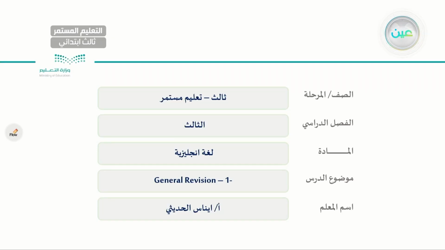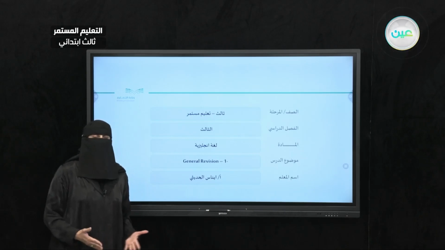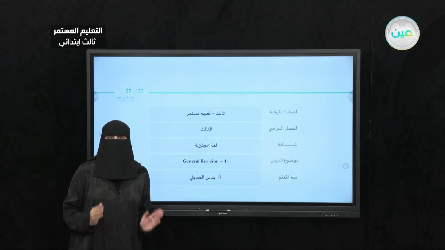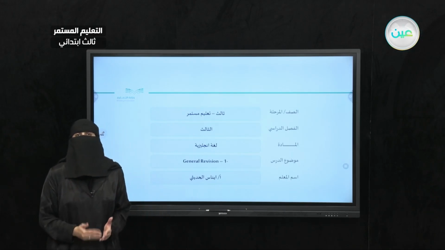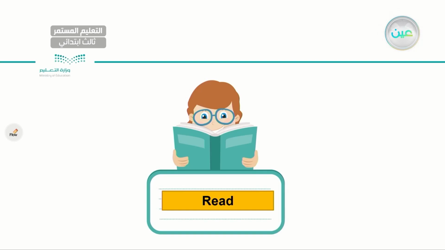So as you can see, this will be the first revision, the general revision, where we are going to revise the whole curriculum. For this class, I need you to have your books right next to you. If for any reason you have missed any of the lessons in unit number 2, travel and transportation, this will be your chance to revise that unit. As I told you, this will be the revision where we are going to highlight and focus on all the important information. For this lesson, we will practice reading.